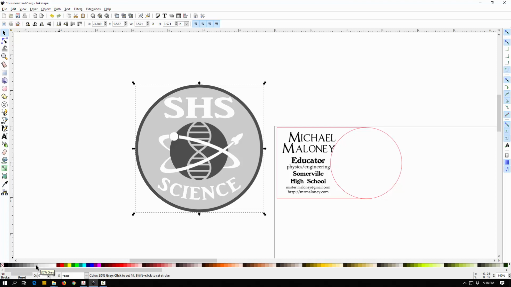I'm going to choose, actually, that 20% gray isn't too bad. I'm going to choose that, and when I etch this, we'll see what it looks like. Now I'm going to highlight this again and group it back together, just so I don't select things by mistake,